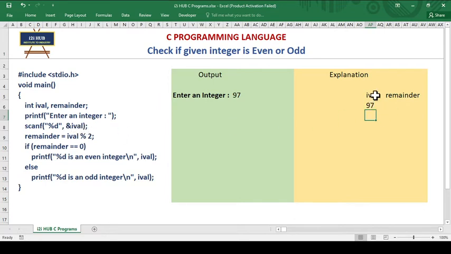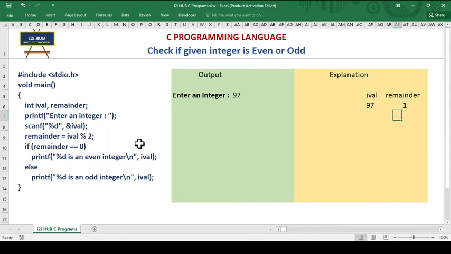Now the next line, ival % 2. The value of this logic will go into the remainder variable. ival % 2 means it is the remainder of this division. The ival value is 97. When divided by 2, the remainder will be 1. That will be stored inside the remainder variable.